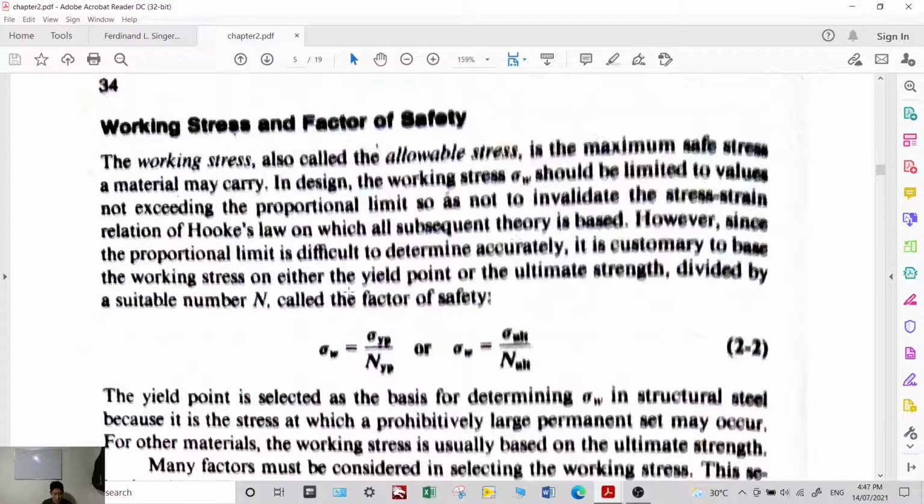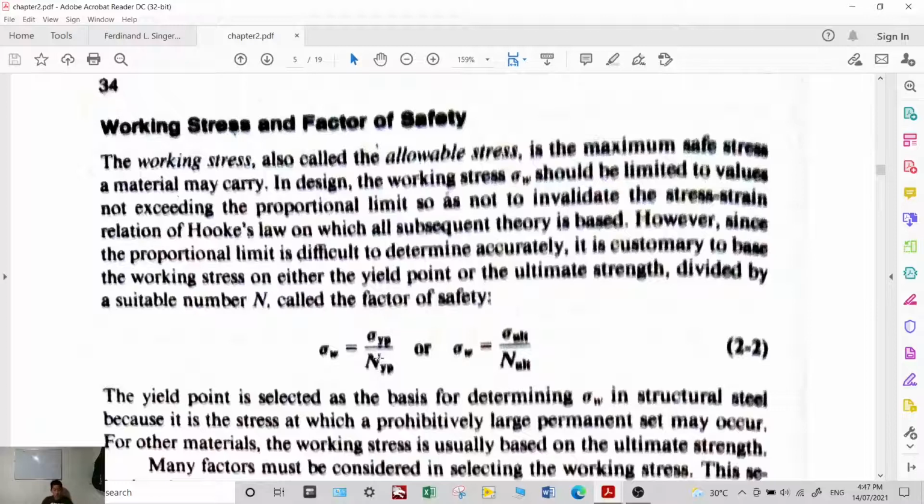However, since the proportional limit is difficult to determine accurately, it is customary to base the working stress on either the yield point or the ultimate strength divided by a suitable number. Okay, so this number n is the factor of safety. So what is the importance of the factor of safety, meaning